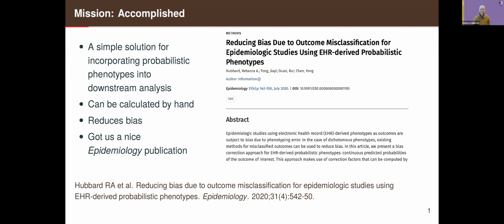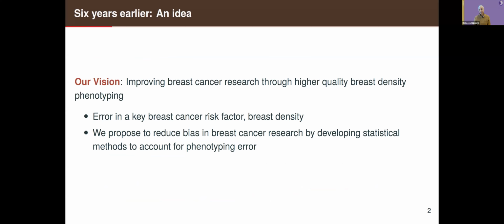The route to getting to that nice little paper was very circuitous and featured a lot of frustrations and setbacks. So I thought, starting from the point of, hey, here's a nice paper that we published, I would take you through the 6-year-long journey that it took us to get there and describe some of the setbacks, how we responded to it, and just highlight the fact that often in science, I think we celebrate our victories and don't acknowledge the fact that we struggle to get there.